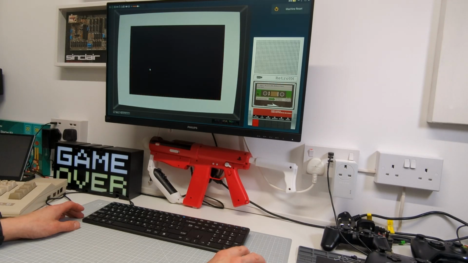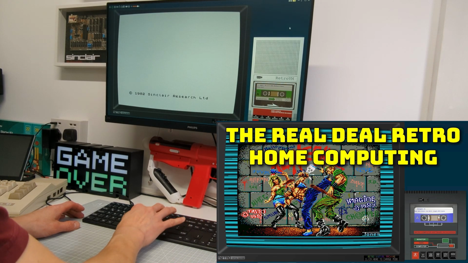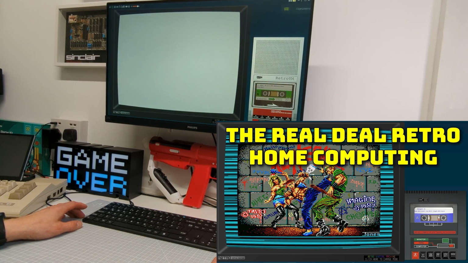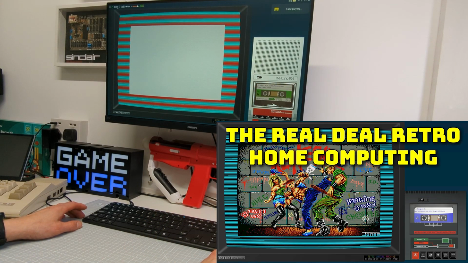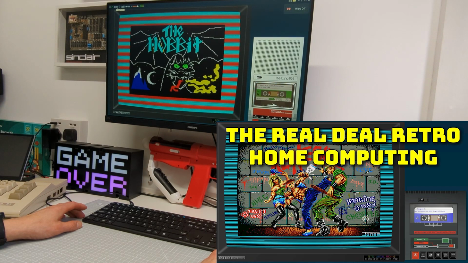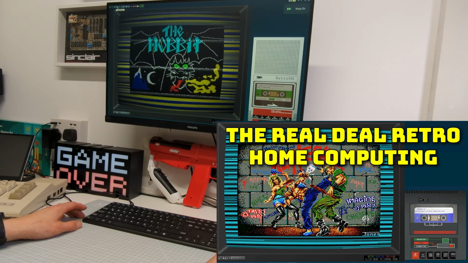Now, if you want some instructions on how to set that up, then please do have a look at this video. It's a good one to use, as it will work on Windows, Linux and Mac OS as well. Now, there are of course other emulators such as Fuse and Spectaculator, and they will work just as well. But whatever one you want to use, just make sure you've got that set up and running as a 48K